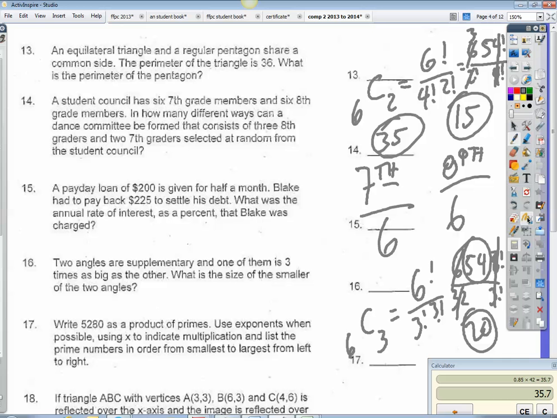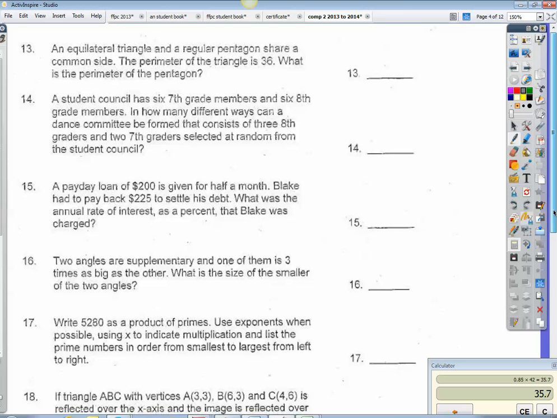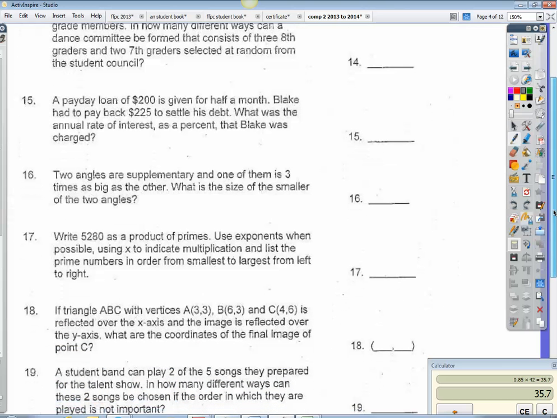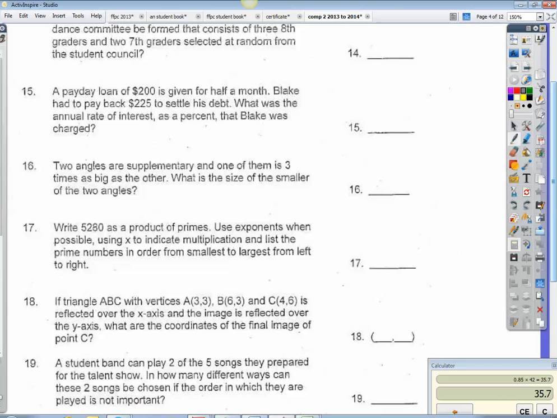All right, a payday loan. Oh, my goodness, I just did this. Everyone should have gotten this right. A payday loan of $200 is given for half a month. Blake had to pay back $225 to settle his debt. What is the annual rate of interest? Okay, so half a month. So in 1 month, it would be a total of $50